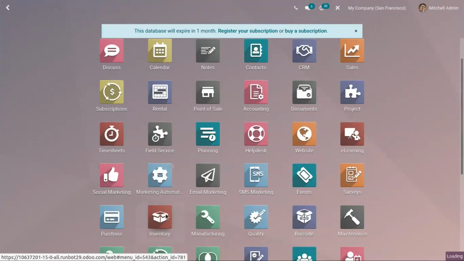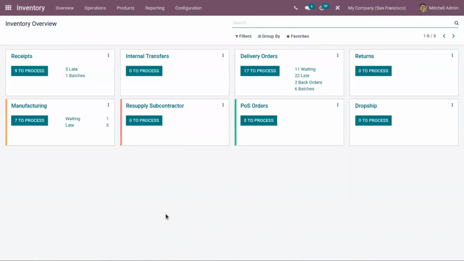In inventory management, the supply chain strategy determines when products should be manufactured, delivered to distribution centers, and made available in the retail shop. So, this kind of process can be configured using routes and rules. Routes are the path through which a product goes. A route consists of different push and pull rules. The inventory application can automatically generate transfers following the instructions given by these rules.